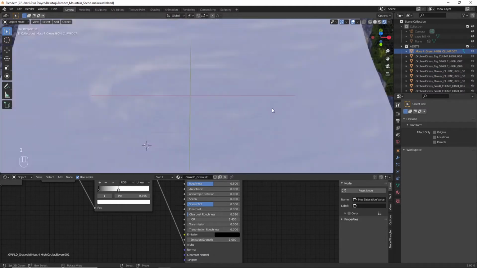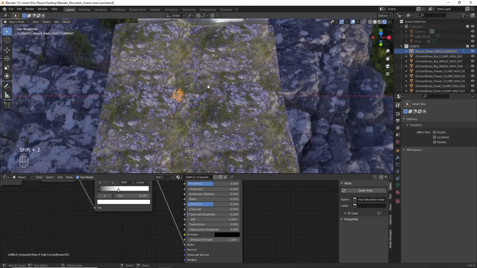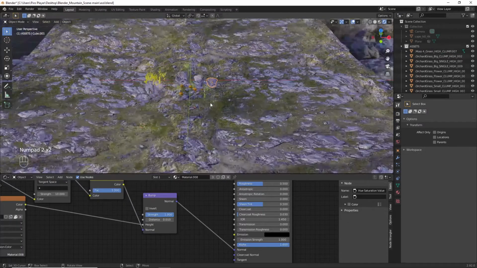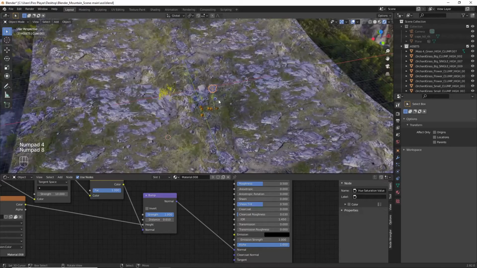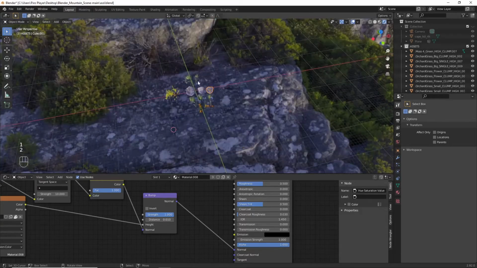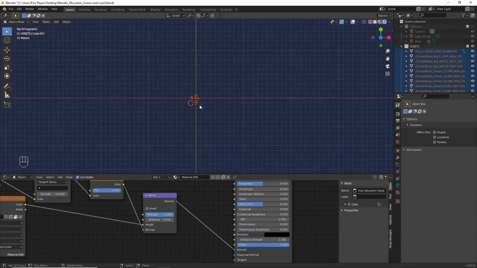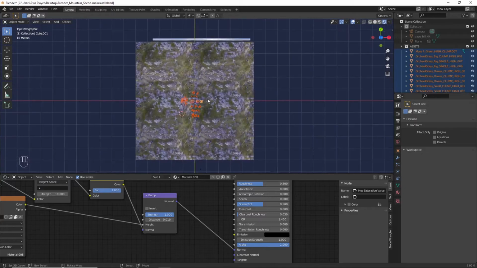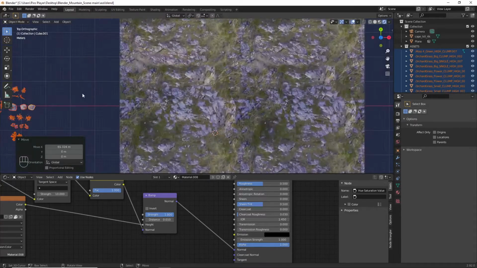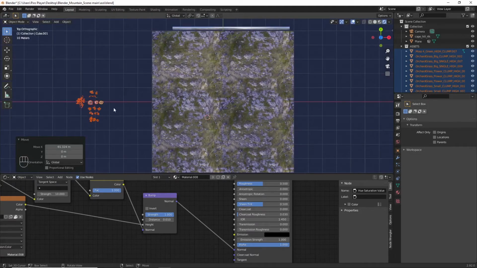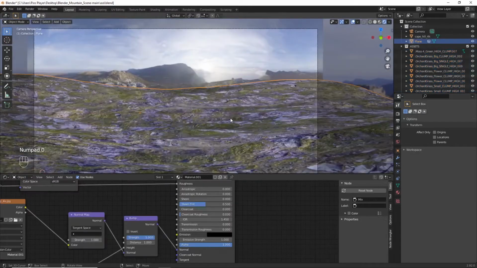So now if you press 1 and Shift 2, you can see that we see all the assets in the same scene. So let's move all the assets to another scene. Make sure you are in scene 2, press A to select everything, press Shift 1 so all the scenes are visible, press G to move in the X direction. Yes, once it's moved to a different position,